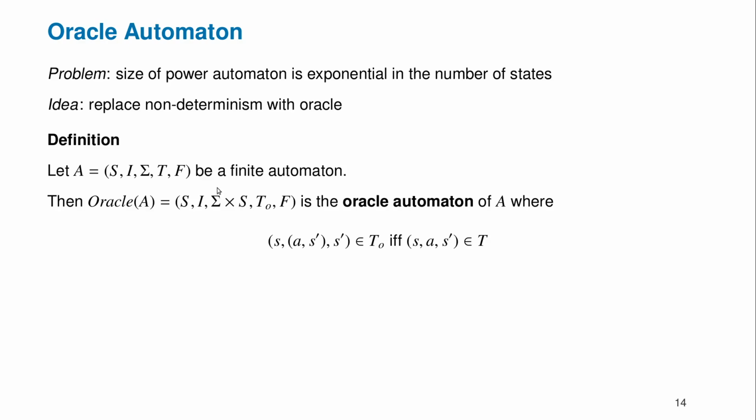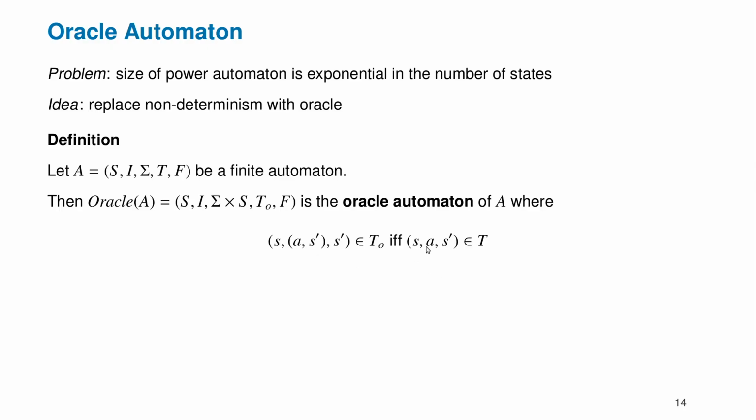And when we change the alphabet, we also have to change the transition relation, but everything else remains as in the original automaton, and now we have to say how we change the transition relation. So if an alphabet is now this pair, then an element of the transition relation has now this form. So we have a source state and a target state and an element from the alphabet, and the first component